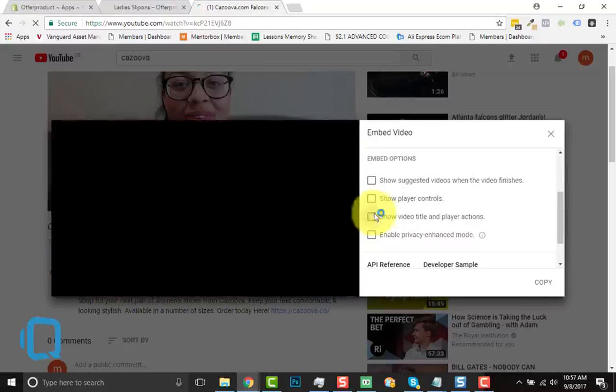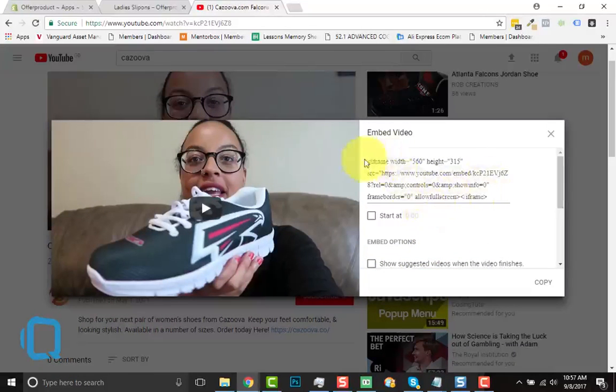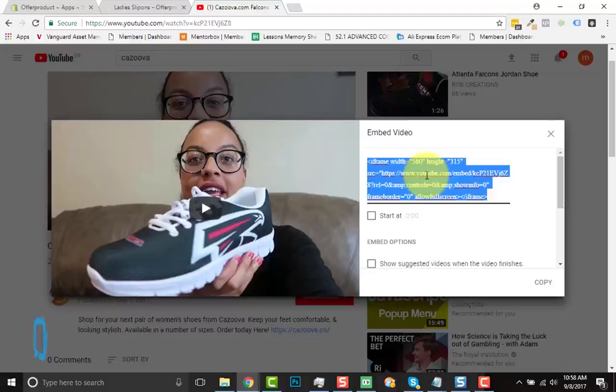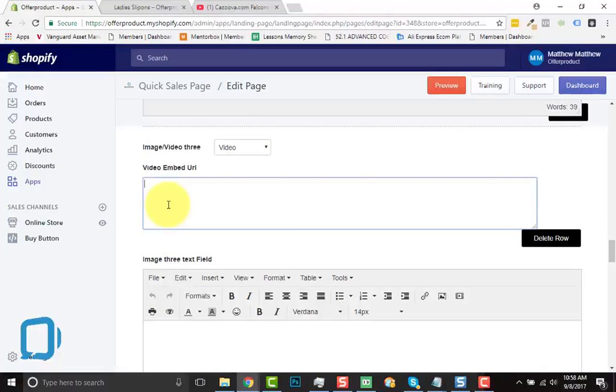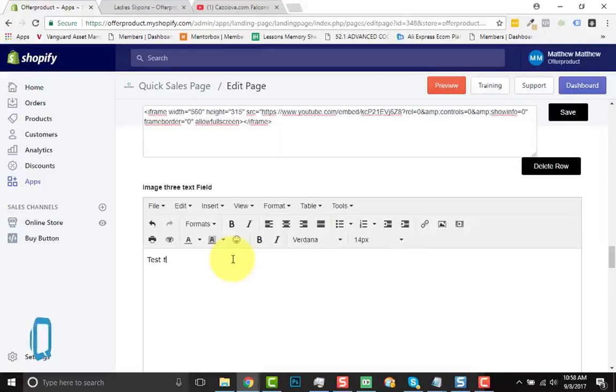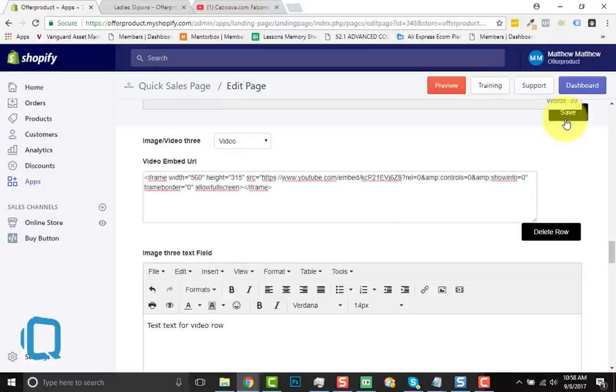So what that does, basically, YouTube generates you this bit of code. So by switching these on and off, it just changes up this code a little bit. You can also do it manually, but we don't need to. So to get that code as well, you just click your cursor in, right click and copy, and that will highlight all of the text and copy it. Then we come back across, paste in, Control V, paste that in, and then I'll just put some test text in for video row. I'll delete this after, so let's just go ahead and click save, and we'll come back